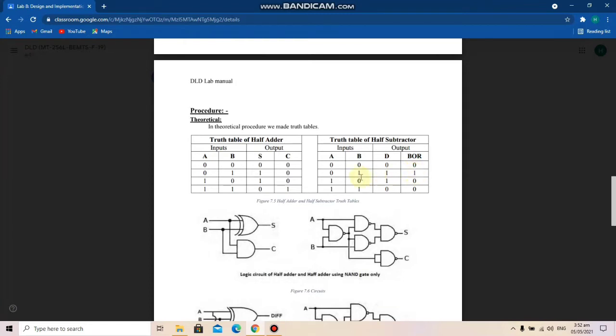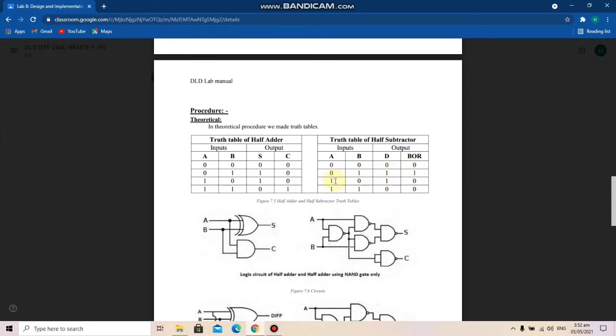So here in the first row we can see when both the inputs are 0, so 0 minus 0 will give us 0, so I can see the output is 0 0. And then 0 minus 1 should give us minus 1. So we can see that D is 1 and borrow is 1. We know that when the most significant bit is 1, the output will be considered as negative. So difference is the value 1, and borrow is representing the negative sign. So the answer is minus 1.